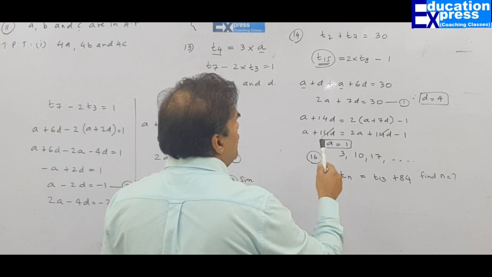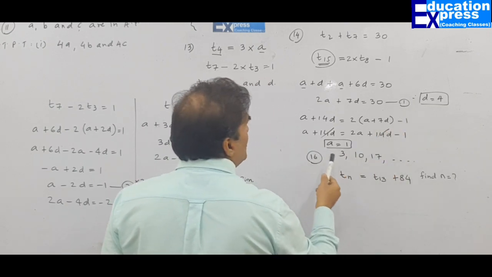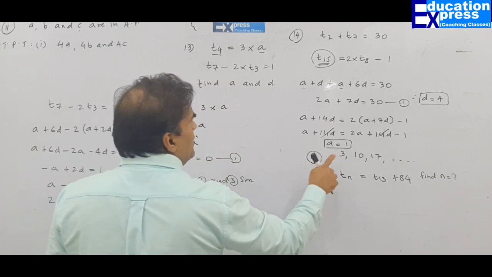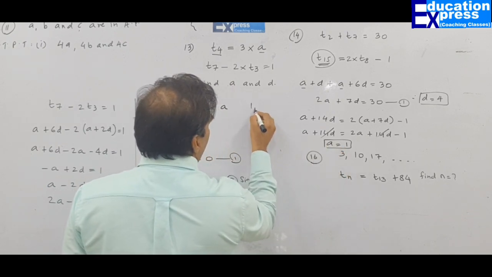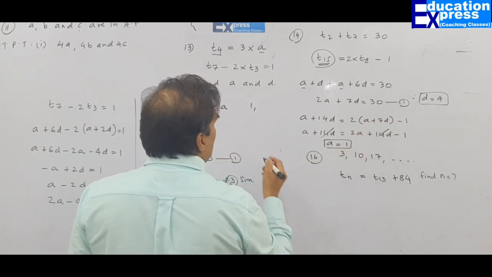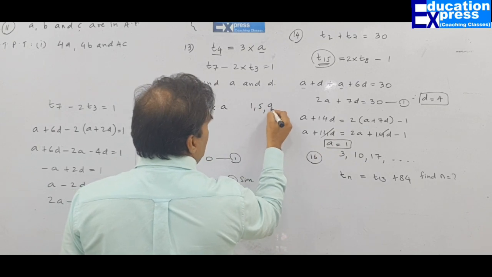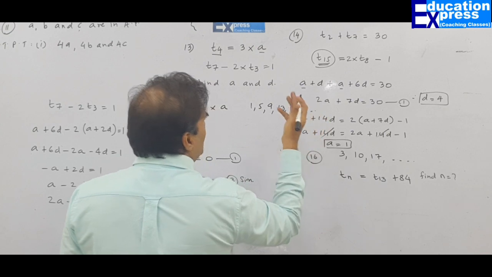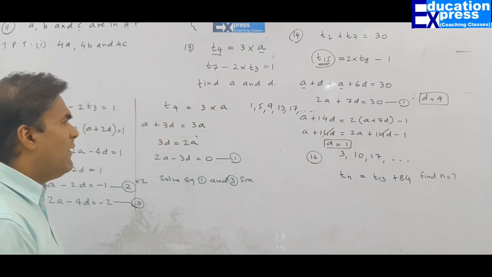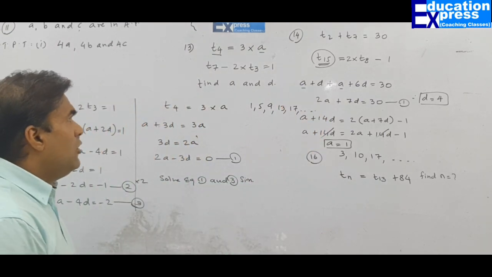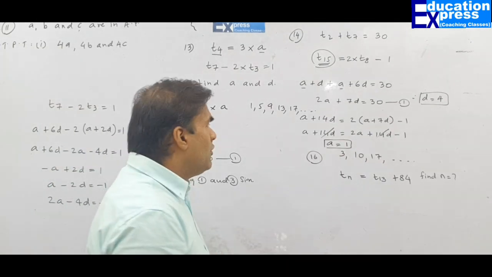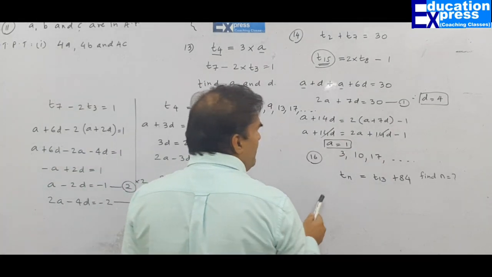After finding the value of a and d, will you be able to construct the AP? Of course, sir. How will you construct the AP? The first term is going to be 1. Since the difference is 4, the next number is 5, next is 9, next is 13, next is 17, and so the AP is constructed. Well said. Look at question number 16. I'll do question number 15 a little later on. First we will do question number 16.